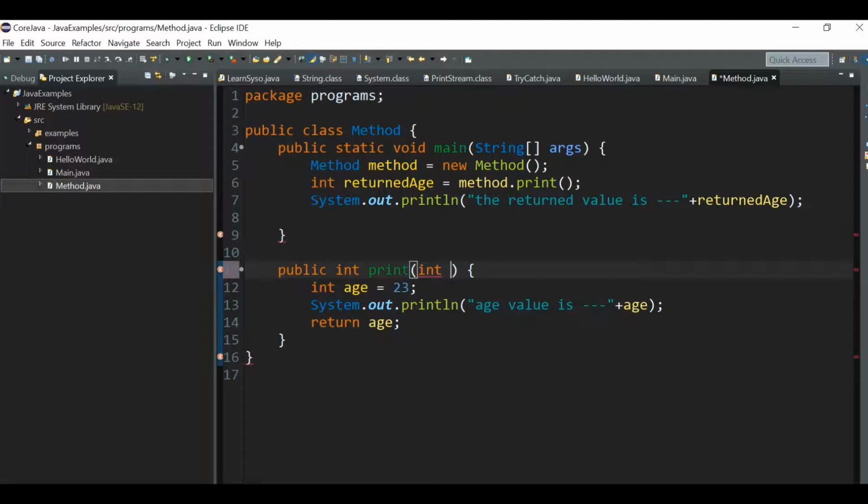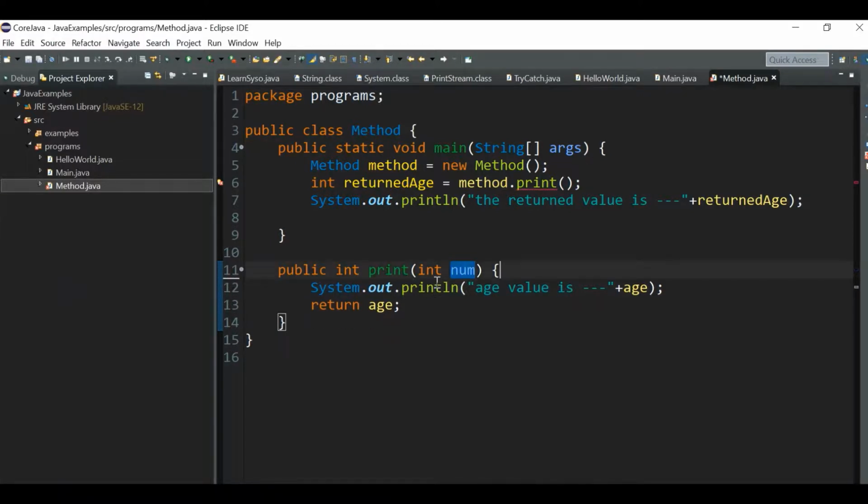Let me just give int number. I'm giving a variable name because age is of data type int, so we are accepting the variable with an int type. Here you can give any name, it can be age also. Okay, I just give number for now, and now we can remove this, we don't have to write it in here. So now, assume this number field is holding our age value, so we can use that variable now, return number.